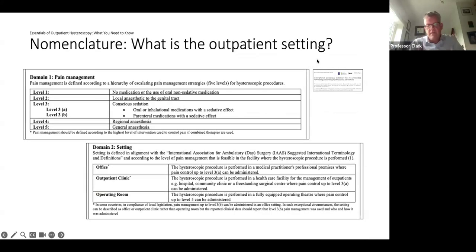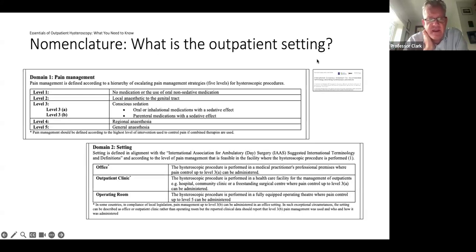So what we concluded in the end, that if we were going to talk about an outpatient procedure, to define the procedures, it really boiled down to the provision of pain control. So in a particular setting, what pain control could be administered. And so we split the pain control into 5 levels, level 1 being no medication, or when I say all patients are asked to use